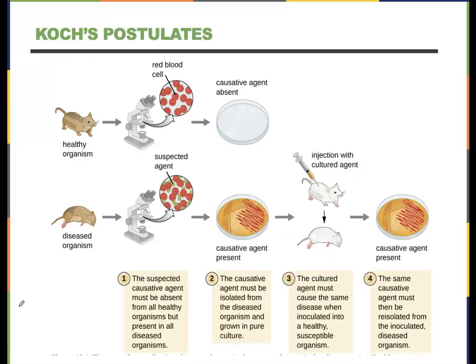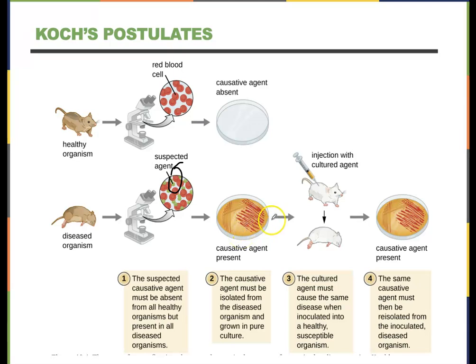So Lister. And then again, we covered Koch's postulates in a previous lecture, but just to go over it again, this is the control where he had a healthy organism. He took the blood of a healthy organism, looked at the blood, didn't see anything funny, and plated it and did not find any causative agents or bacteria in the blood. But when you have a diseased organism, and again, this was anthrax, he saw a suspected agent. There's something in the bloodstream. He plated it, something grew on the plate,